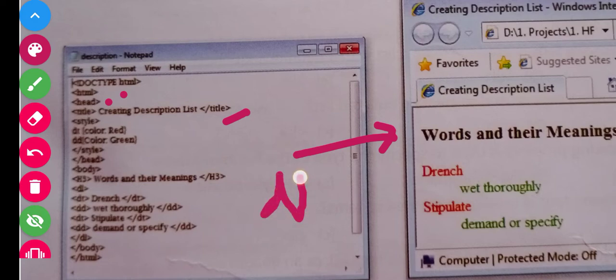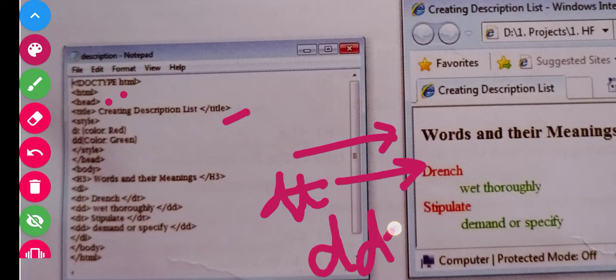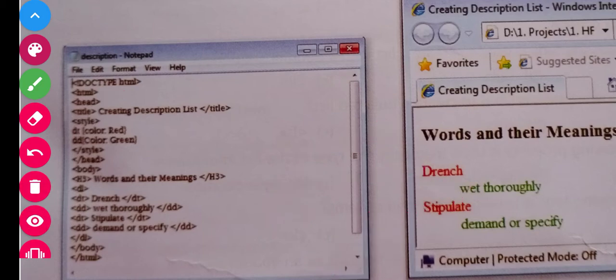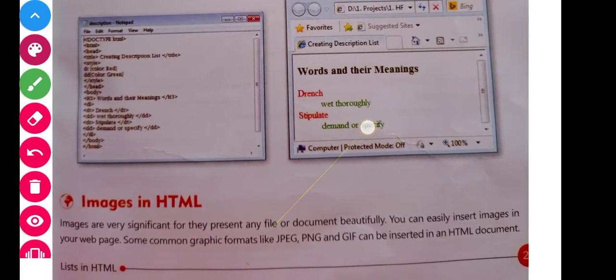In the DT tag we give the term and in the DD tag we describe the term, that is in green color. So DT drench, DD wet thoroughly. Again DT stimulate, DD demand or specify, and then body tag close and HTML tag close. So you can easily understand that if we want to give some definitions or describe some meanings, we can use the description list here. Got it?